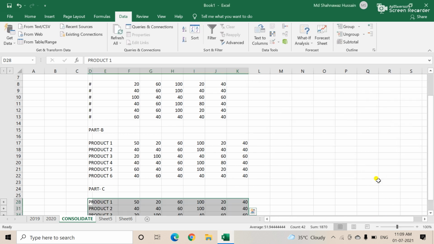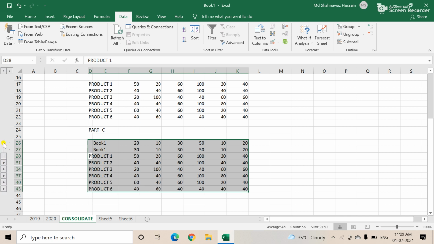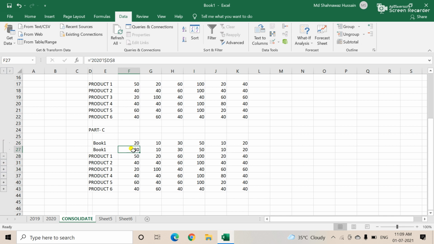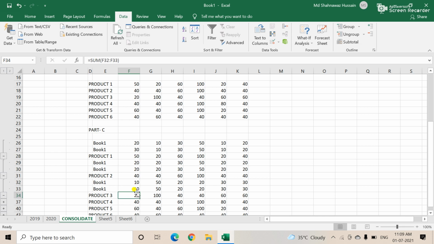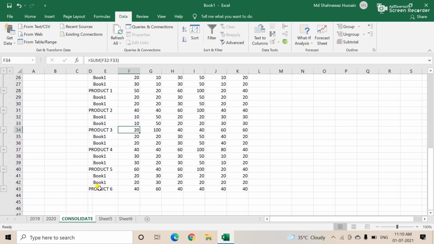Now you all notice the plus signs are here. Just click over there and you see book 1 20, book 2 30, meaning the 19 and 20 data are there. Then next the 50 is coming. Next product 2, see 20, 20, then 40, again like this. It is explaining how the data comes.